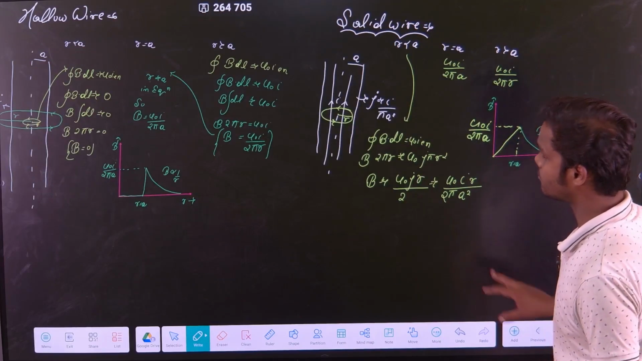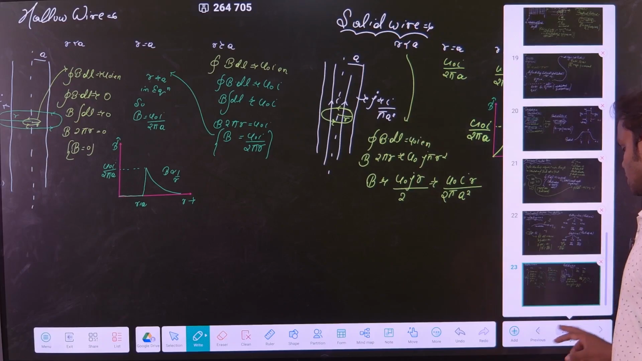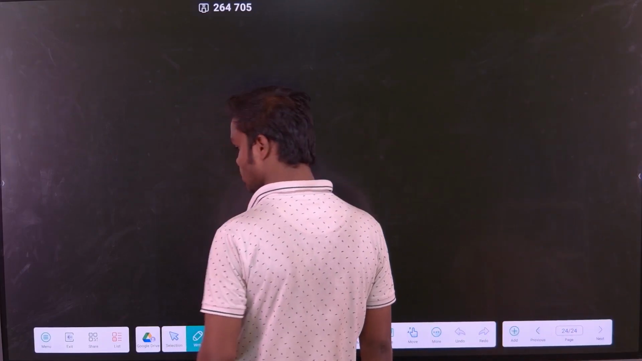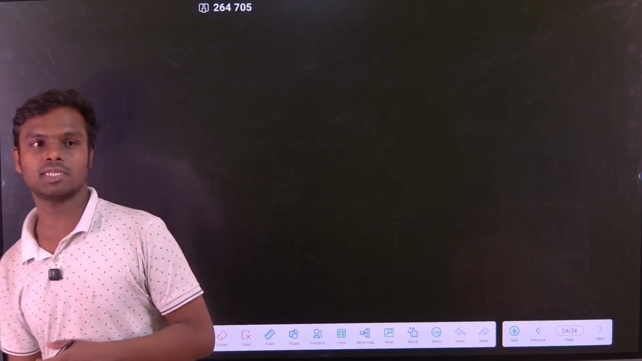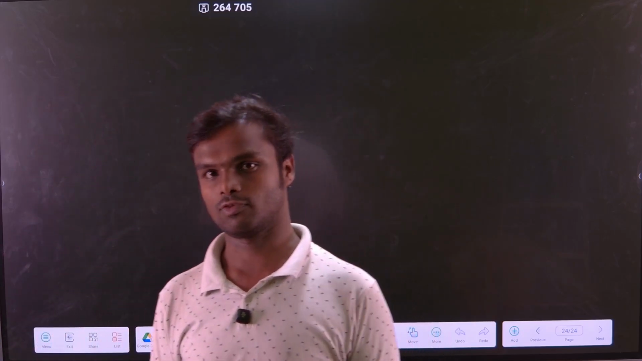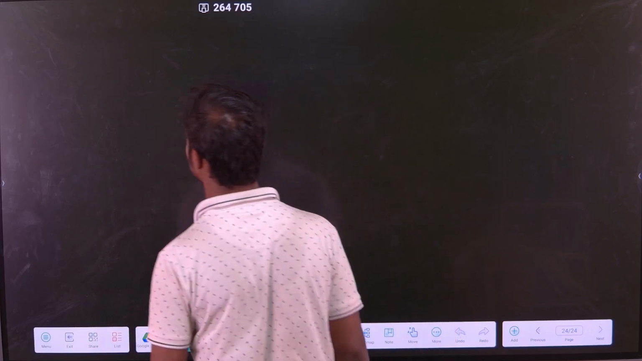Now let us take some examples in some cases and discuss more on this. Whatever we have taken so far, we considered a uniform current density. Now let us consider a case where the current density is not uniform. For example,